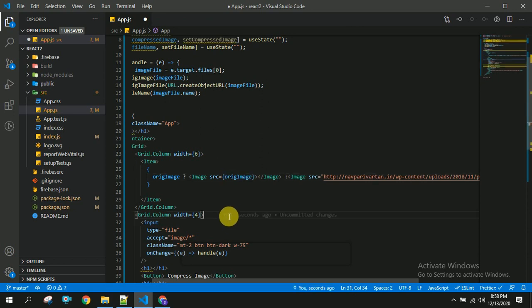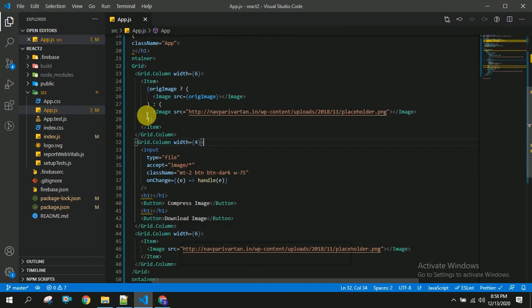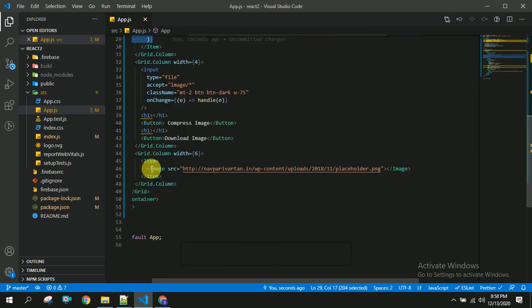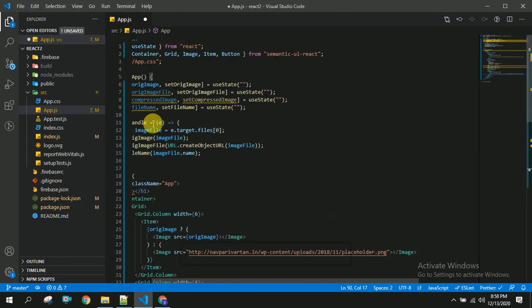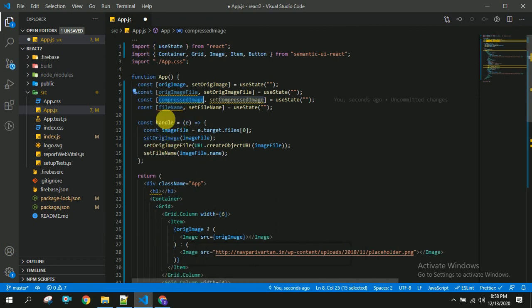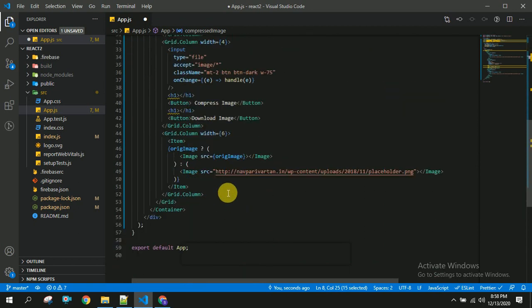Yeah, we are going to save this, and we are going to do the same thing here as well, but here it will take the compressed image. So I'm going to select this compressed image, and I am going to paste here. So let us save this and verify this.